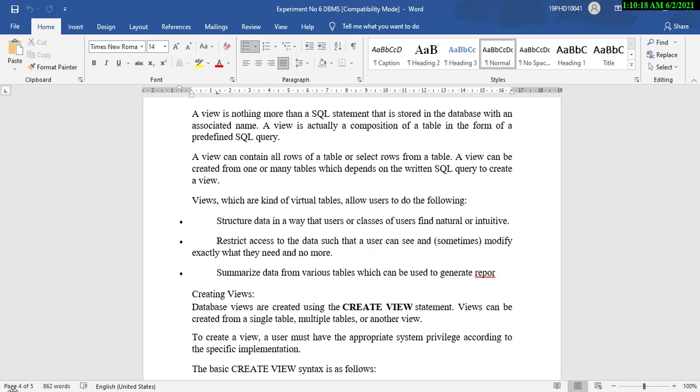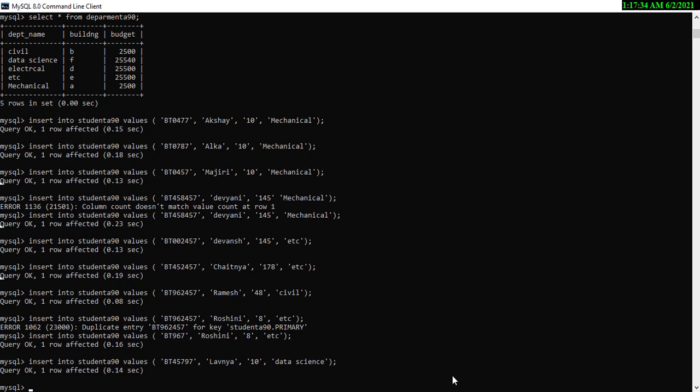Okay, so how to create such views, or how to automatically create those views? We can do it by first of all knowing how to create the view. For that, we need to have certain values in a table. So let us try to enter some values in the table, or rather, I will pause my recording over here. I will enter some values, and then we will resume with the creation of the views.